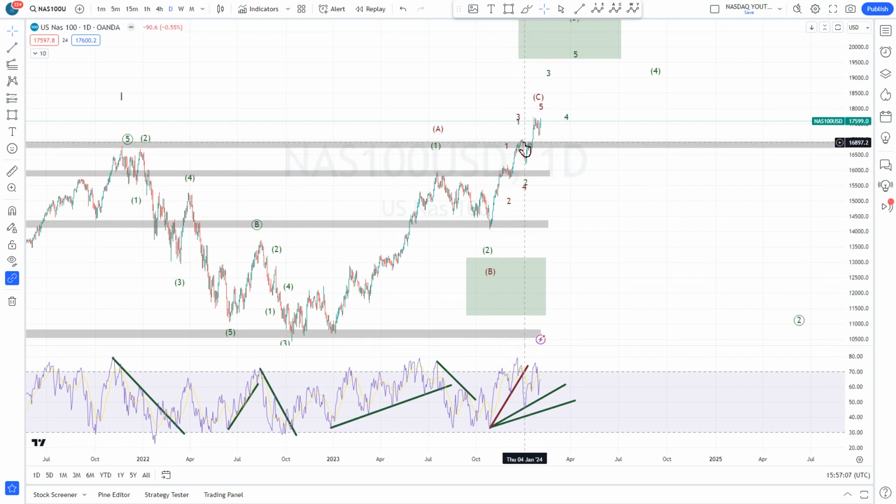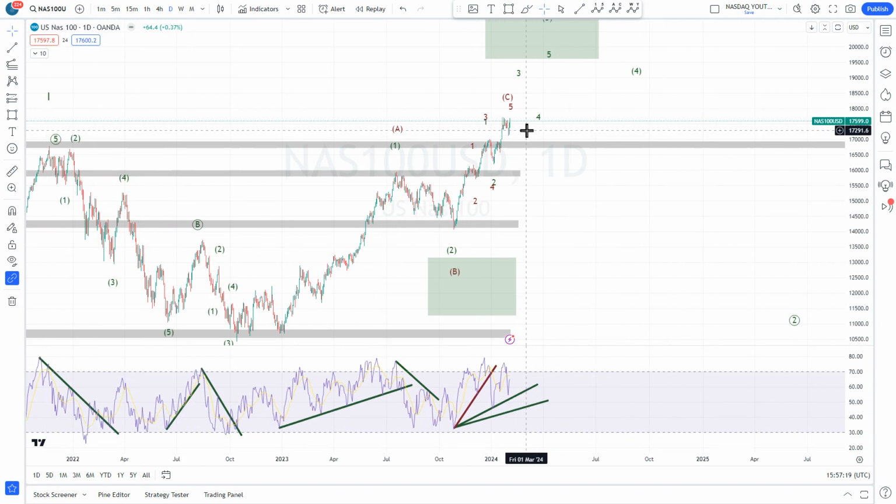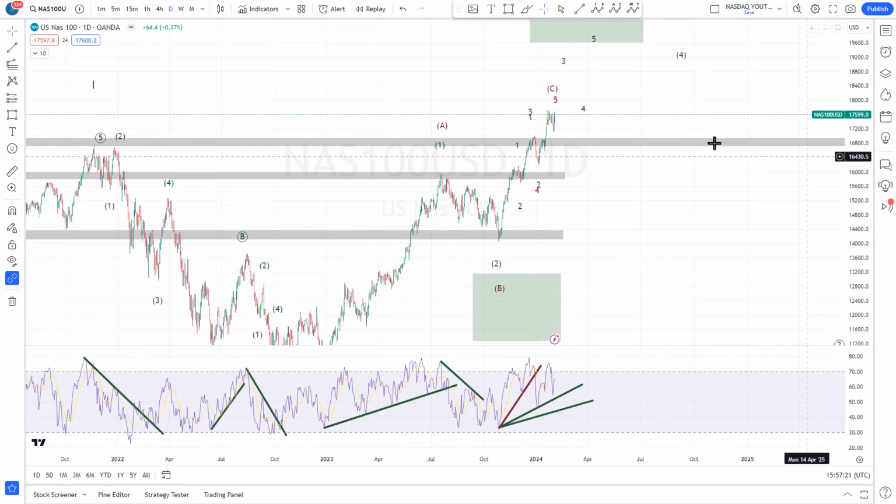However, there are other data sources where wave 3 is not the shortest one yet, where the wave 5 is still slightly shorter. And in previous videos I told you that there is only room for one marginal new high, and this is actually what we did on Friday. So last Friday, yesterday, we made a marginal new high. But from many perspectives, if we are in the bearish scenario, then I believe